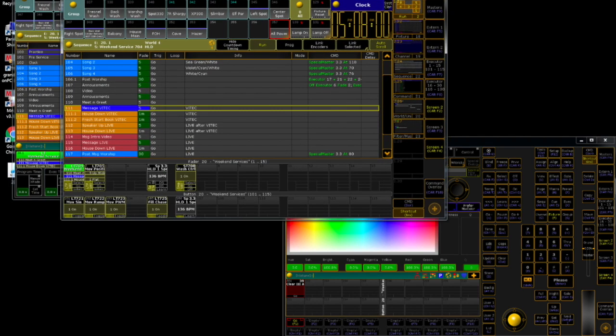So this row right here, it's actual executor 1 through 6. Your first executor will be the service flow. Second one will be your moving positions for your moving lights. Your 5th fader will be for your tap tempo, and then your 6 will be for your actual front wash override. You'll use this mainly during worship